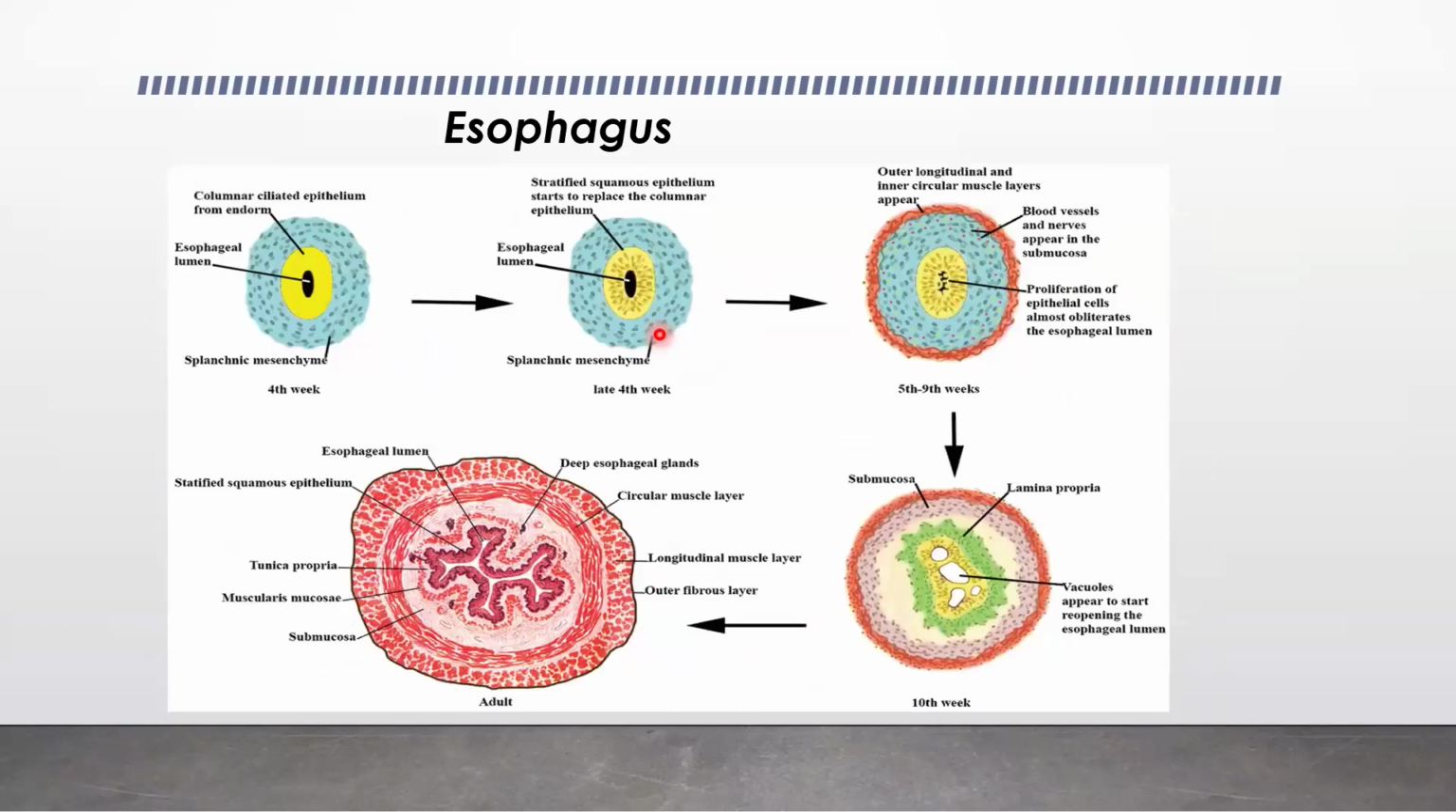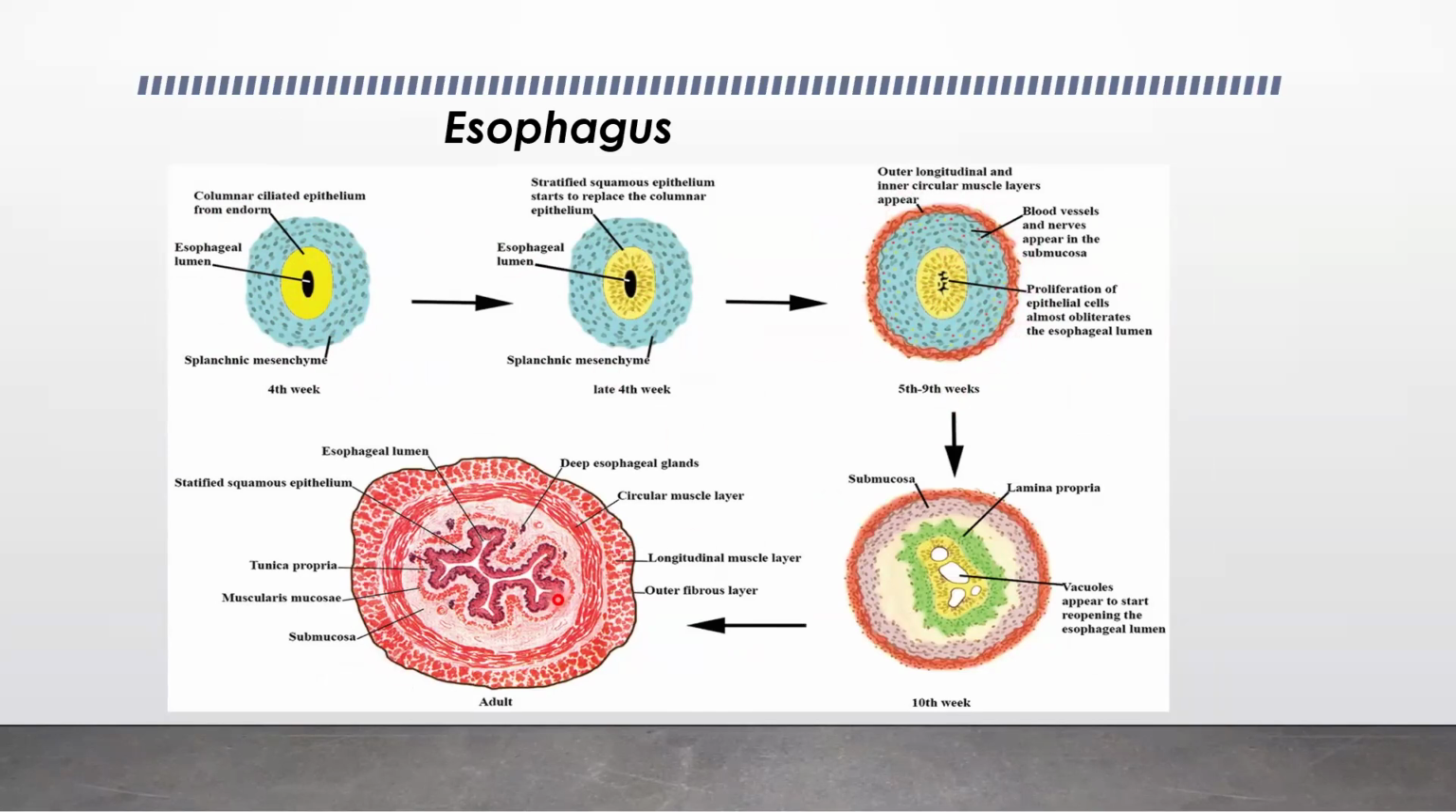So allow me to go to the next slide. At this point, it's showing us the esophageal lumen in the fourth week, the splanchnic mesoderm surrounding it, and the columnar ciliated epithelium from the endoderm. So due to proliferation of the endoderm, we'll have the solid stage coming in. This is a solid stage, obliterating the lumen, and then after that we have the development of the